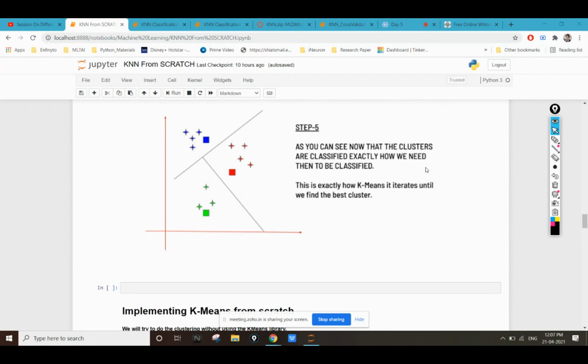Hope you all are clear with the mathematical intuition: how we select points, how we take categories, how we classify the points based on the centroids, then how we again move the centroids and classify the categories, repeating the step again and again until we get minimum or no change.